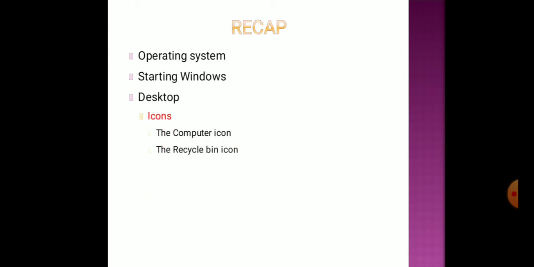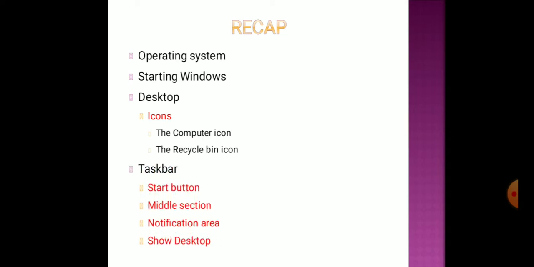Already we have discussed what is meant by operating system, and in that we have seen the Microsoft Windows operating system, and how to start Windows, and what is meant by desktop, what are icons, and what are the two basic icons present on the desktop, that is the computer icon and recycle bin icon.